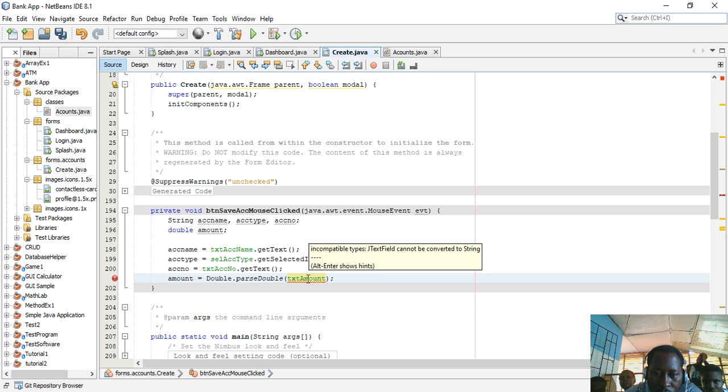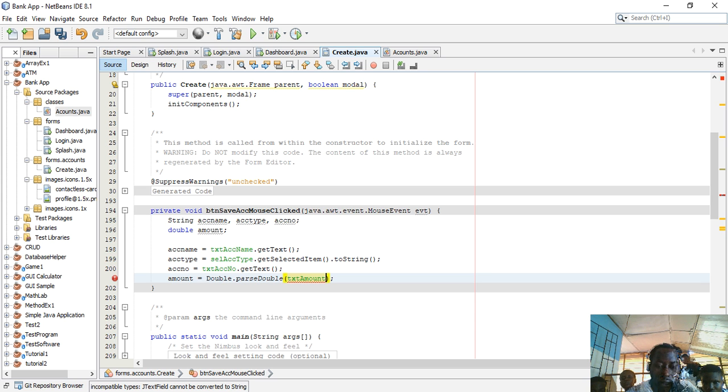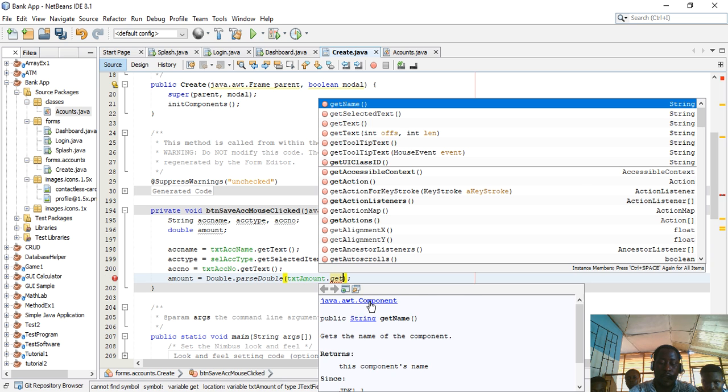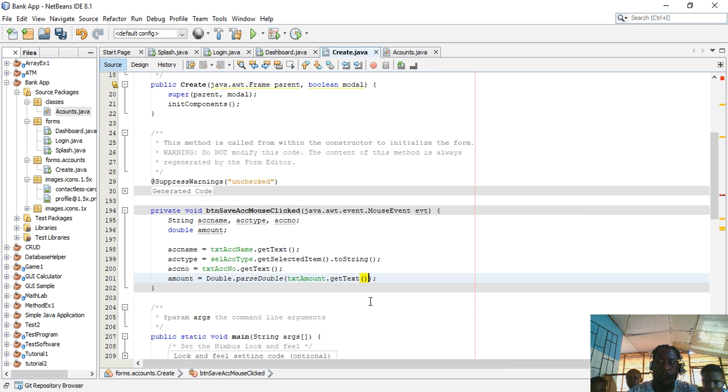Cannot be converted to string. Okay, dot getText. So we're getting the text, then converting it to double for the amount. Okay, so now that we've gotten all of this, for us to create the account now,